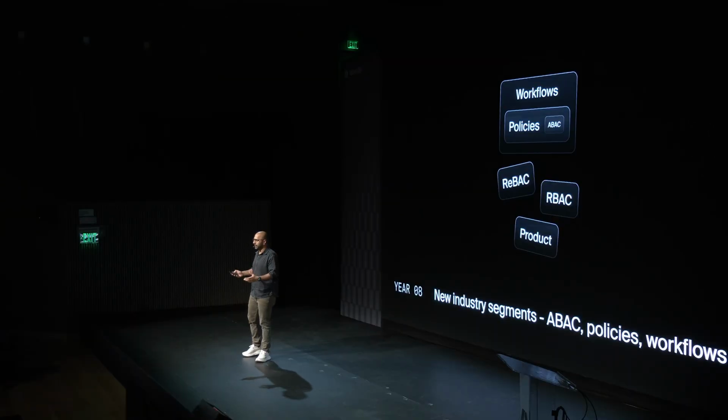So you have to build a workflow engine. So end of the day, Figma has to prioritize this ABAC model and build a policy engine on top of it, and then build a workflow engine on top of it. So your entire authorization system has started evolving from a static access check to a dynamic decision-making system.